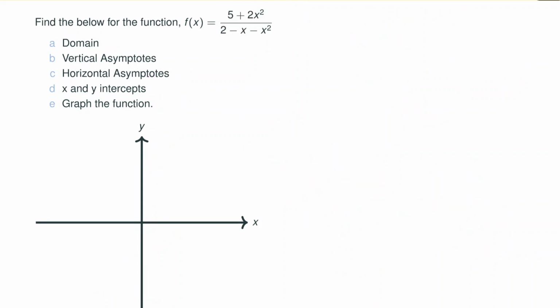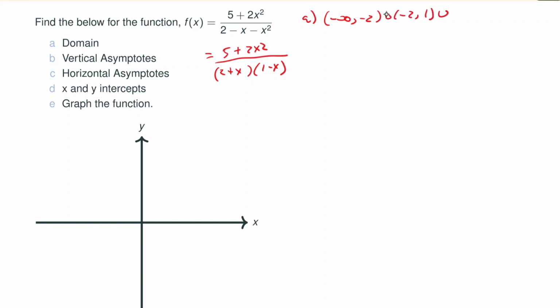For the function below, find the following. Let's find the domain first. In order to find the domain, it's helpful to factor, if it's not factored. So here, this is factorable to 2 plus x, 1 minus x. So in this case, we cannot have negative 2 and 1. So the domain is negative infinity to negative 2,